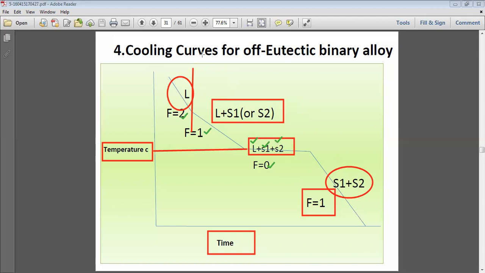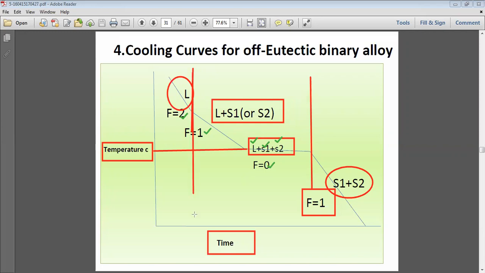It is having 4 phases in this. In the previous cases, it was only 3 phases. In this zone we have 4 phases: 1, 2, 3, and 4. The intermediate phase is being divided into 2 categories. The only difference between the previous one and this one is that this phase is being divided into 2 parts.